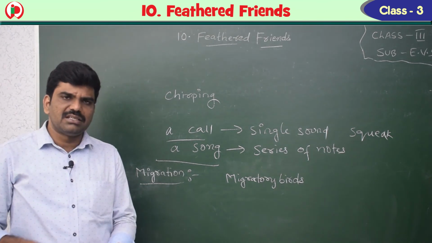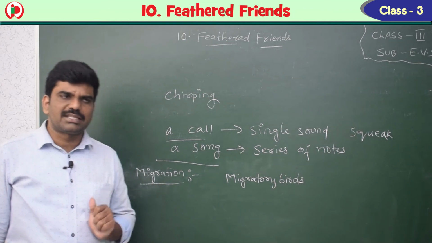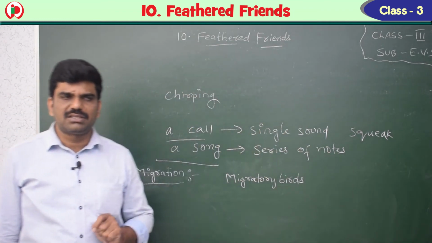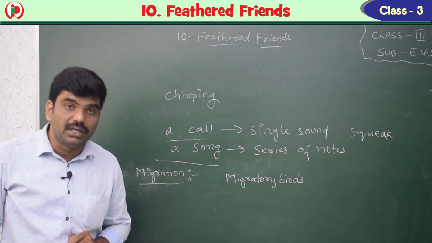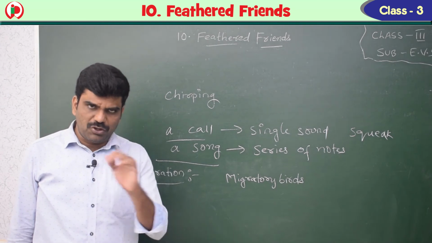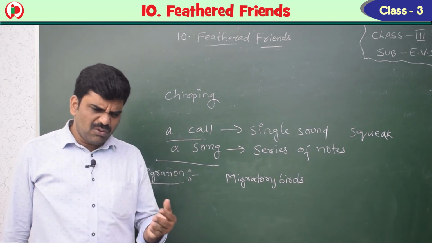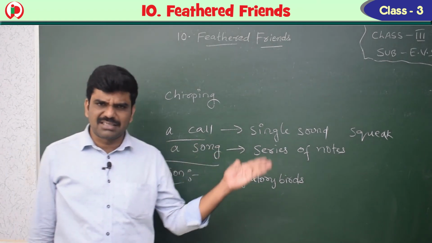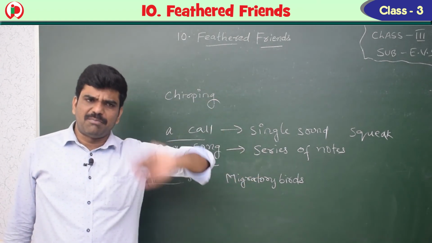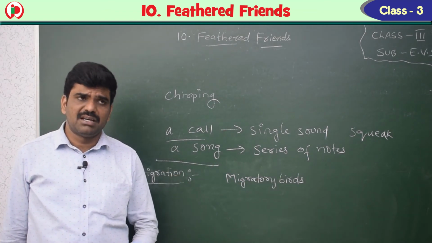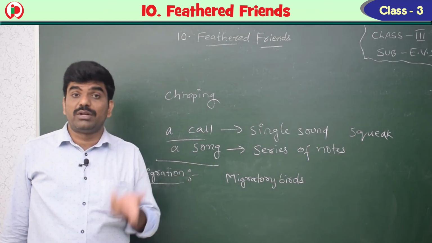So there are three reasons. One reason is to escape the winter. They move from one place to another place. The second reason is in search of food. The third one is to reproduce. So this is how it happens every year. The birds from different countries come to our country, and from our country the birds go to different countries to escape the winters or in search of food or to reproduce.